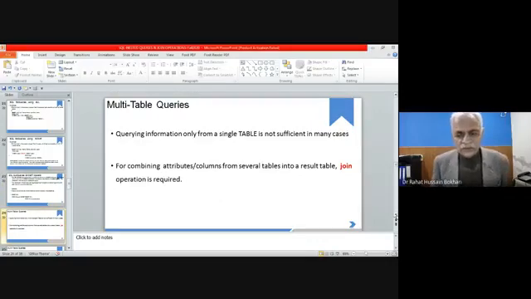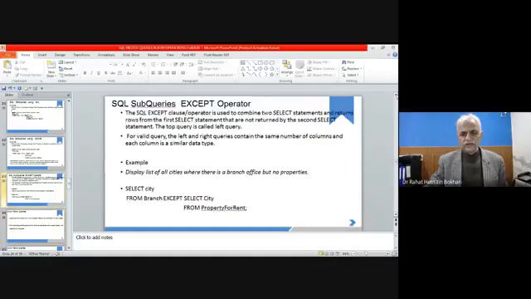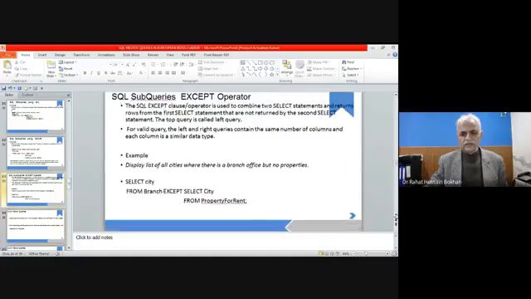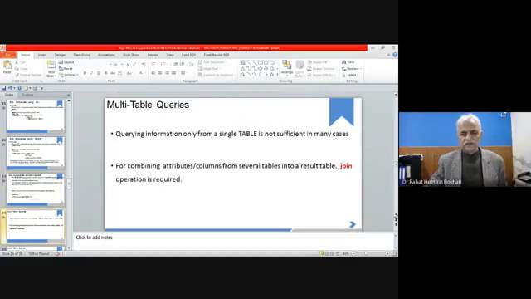So we have to discuss joins. We already studied in relational algebra that if we require information from more than one table, we have to join those tables. Most of the practice that you have done was on a single table, but sometimes the information you need resides within more than one table. So we have learned in relational algebra about the join operations.